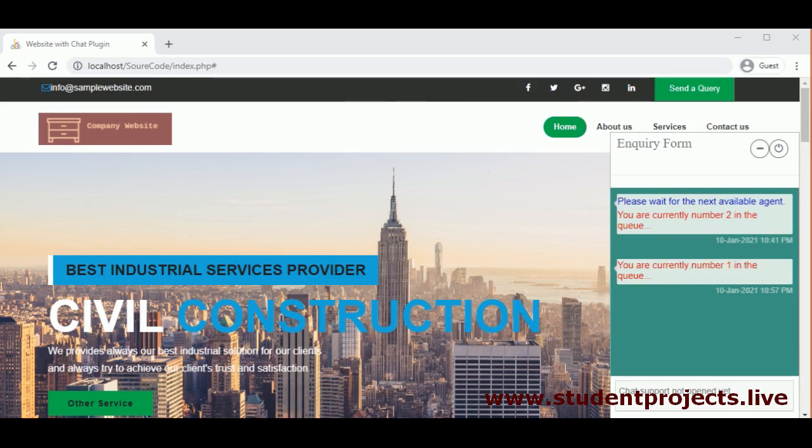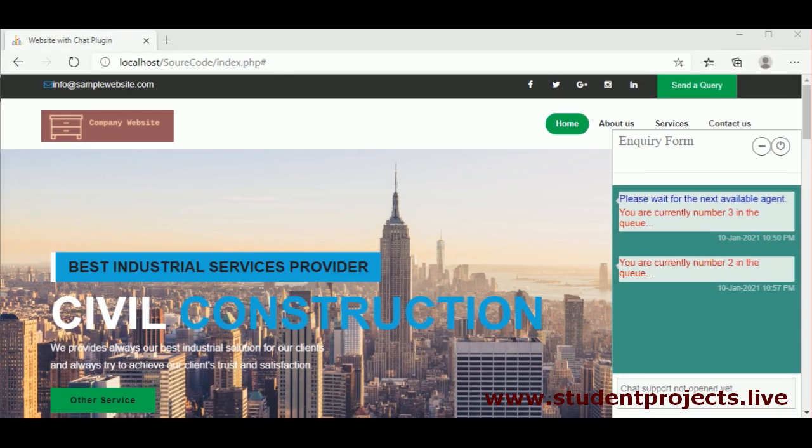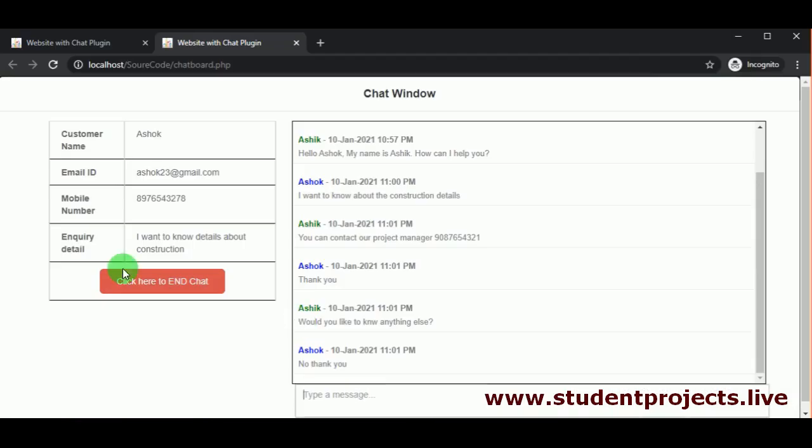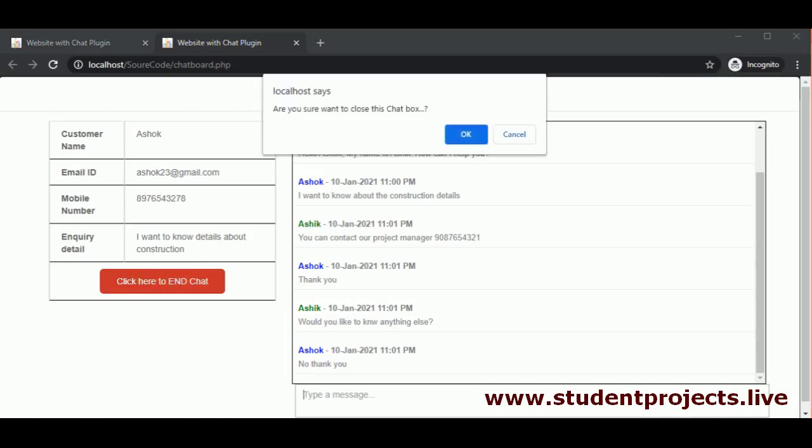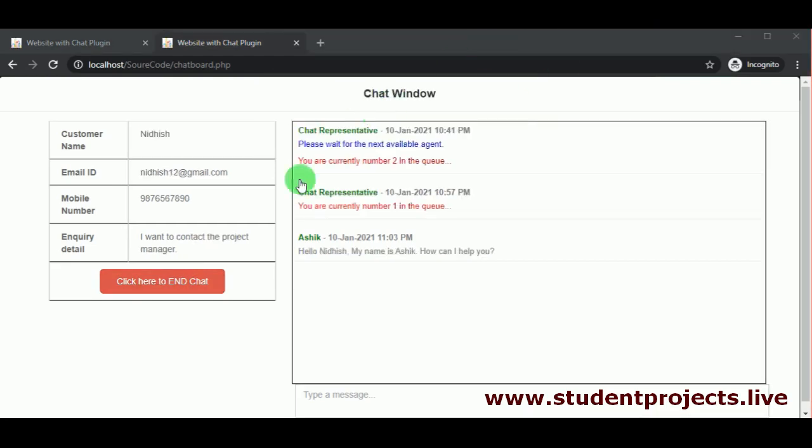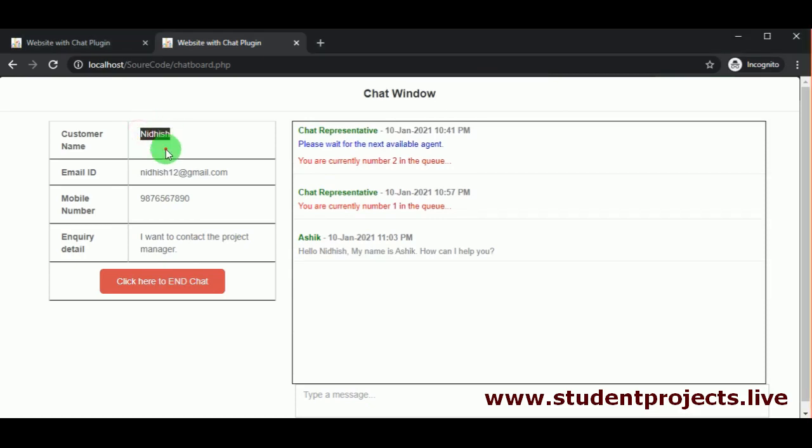And we can see in the second window, where the customers were in the second and third waiting positions, they are in the first and second waiting positions now. Click here to end chat, and on clicking OK, the chat will be ended with the first customer, and automatically the second customer's chat window is available to the employee.